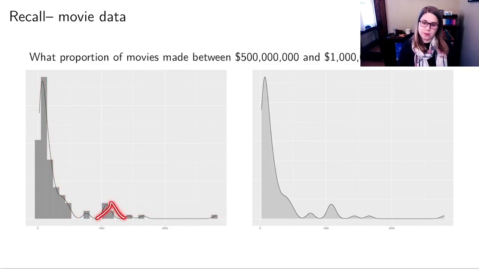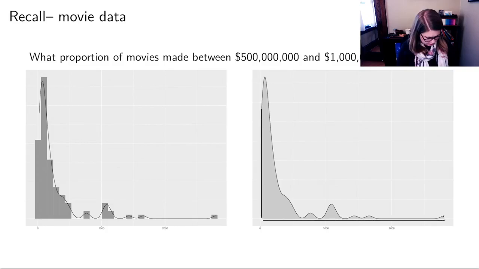You can kind of see how the density plot is a smoothed out version of the histogram. You can see the little bumps happening wherever there are some bars. And the area under this curve, so this gray area that we can see defined here, I'll just box it out a little bit, that area is 1. And so if I wanted to know what proportion of movies made between $500 million, which I think is here, and $1 billion,